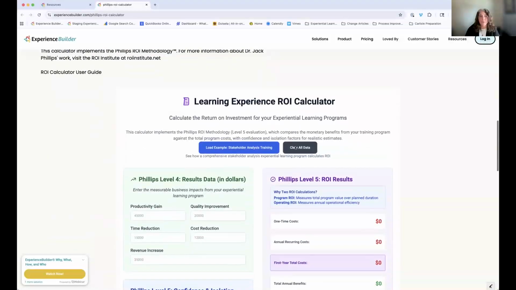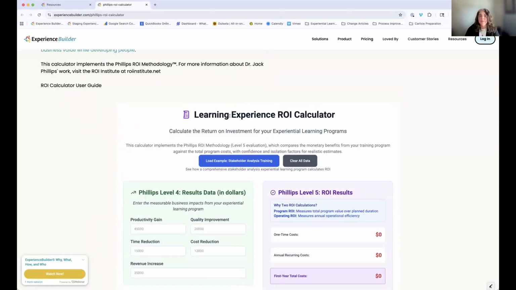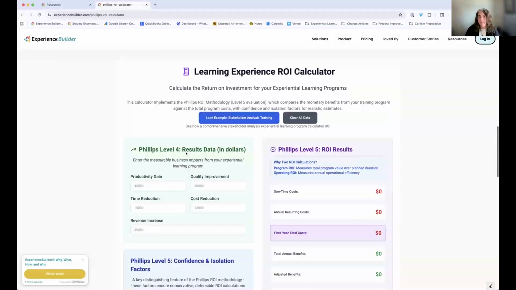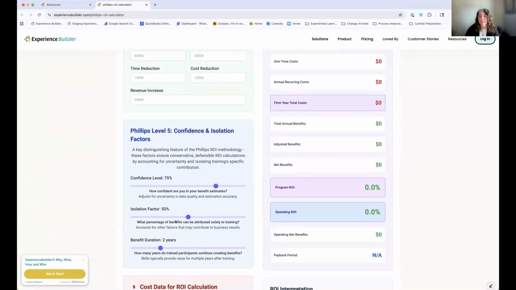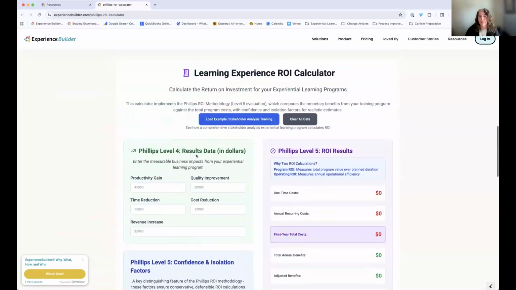And if you scroll down, it gives you the learning experience ROI calculator. And you're going to see the Phillips level 4 results. Remember those ones we talked about: productivity gains, quality improvement, time reduction, that you can fill in. It gives you the confidence and isolation factors. And I'm going to show you how all this works. You can click on load an example just to see how it all works. You can also clear the data and add your own, but I'm going to click load so you can see